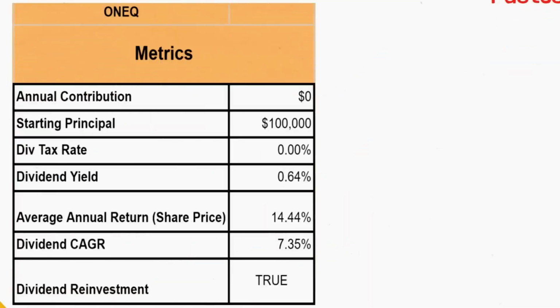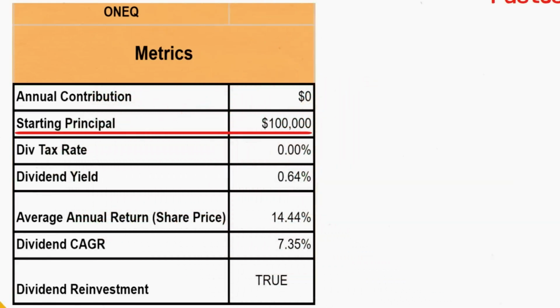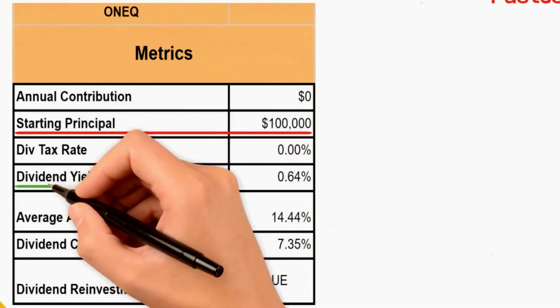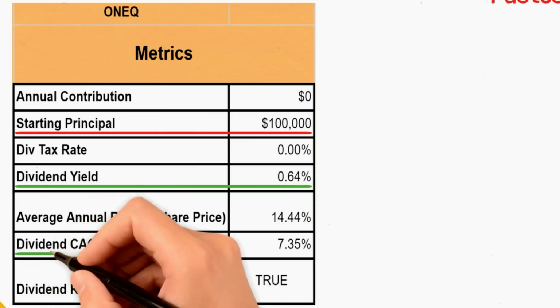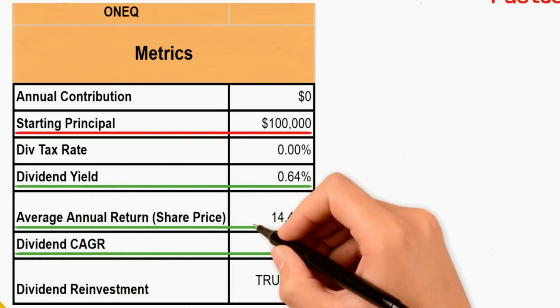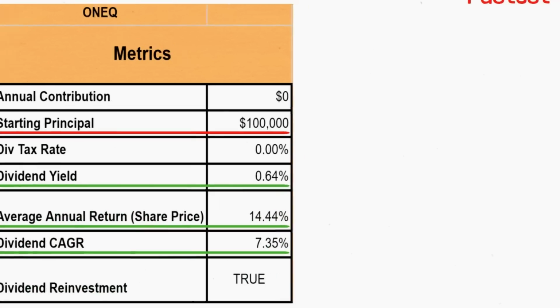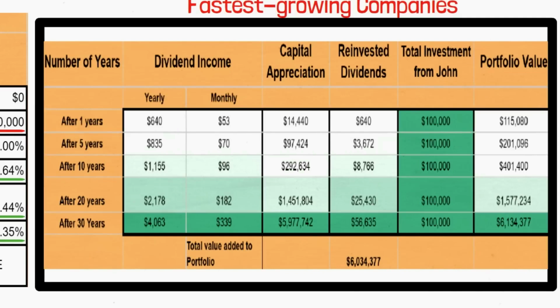So if John decides to invest $100,000 in ONEQ, this fund isn't a big dividend payer with a yield of just 0.64%. But it's been steadily increasing its payouts with a 10-year dividend CAGR of 7.35%. It's also delivered an impressive average annual return of 14.44%, driven by its focus on technology and growth-oriented companies. After 1 year, John's investment could grow to around $115,080. 10 years later, his investment might be worth approximately